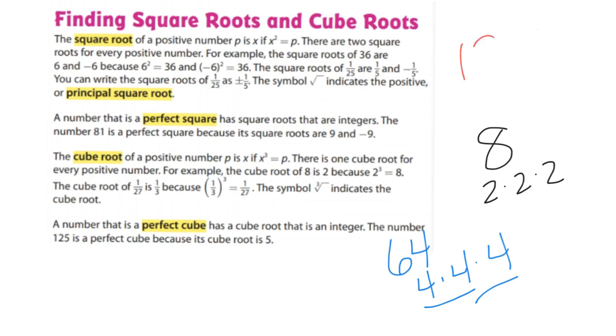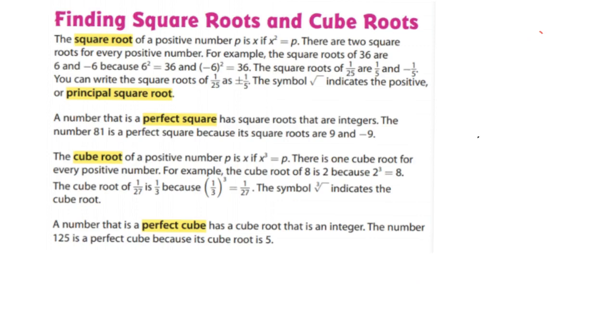Another perfect cube is 125. That's 5 times 5 times 5. So perfect cubes. So I'm going to pause again and clean this off and then talk a couple other things. In both square roots and cube roots, you're going to be presented with fractions. Don't let them bother you, because what you do, if they ask you to find the square root of 4/25,